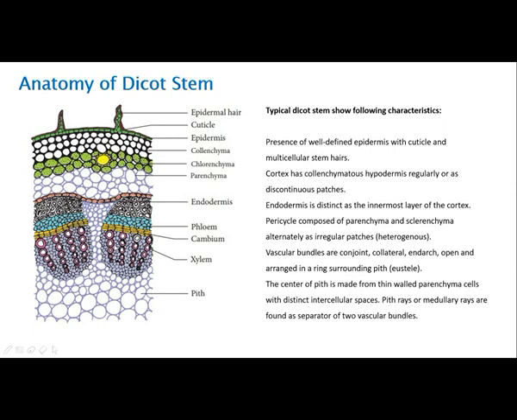And you can see that the pith is present. The part of the pith which is radially arranged between the vascular bundles is called the medullary ray. So remember that this part is called the medullary ray. The part of the pith present between the vascular bundles, these are called medullary rays, and it actually helps in radial conduction of water. So this is the basic structure of a dicot stem.